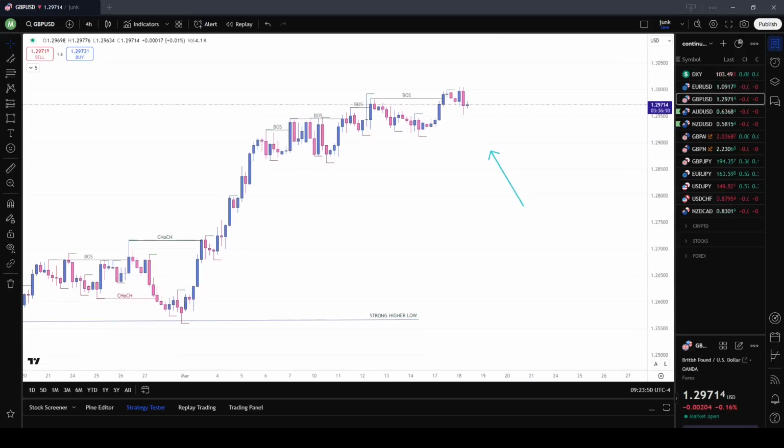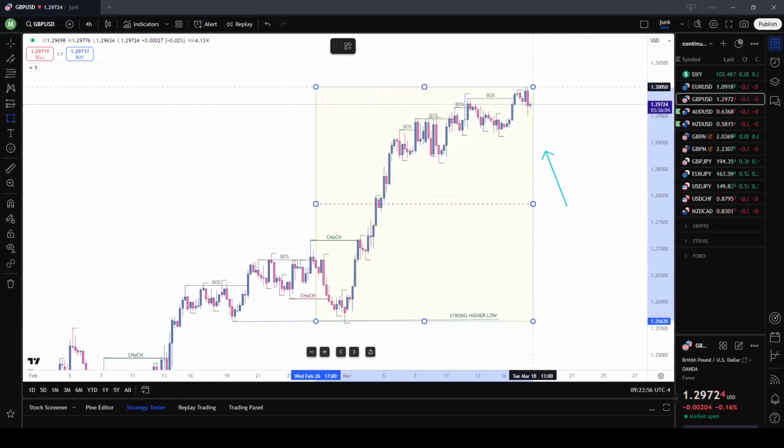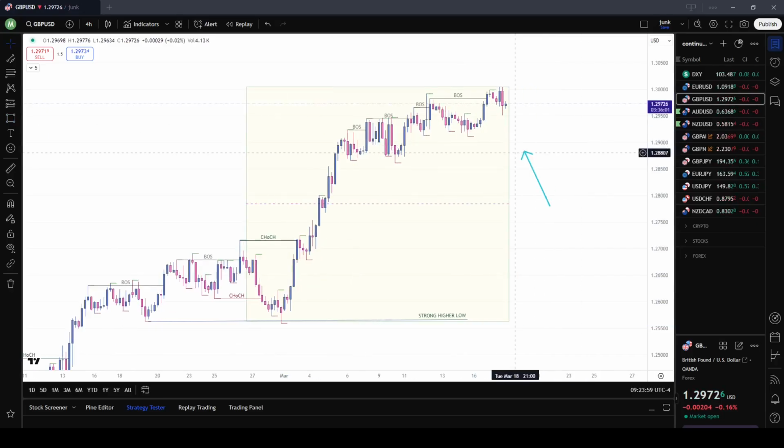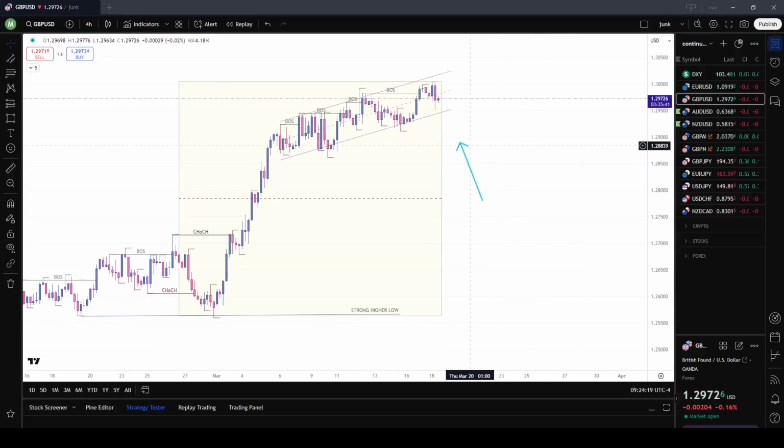GBP USD, similar chart. Let's go ahead and map out the range, and just like Euro, overnight it has continued to break structure to the upside. This was a corrective retracement, still leaving liquidity under the lows. A lot of liquidity building up, still no selling opportunity, still in an ascending channel, with just a high probability that it will take out the lows, just like with Euro,